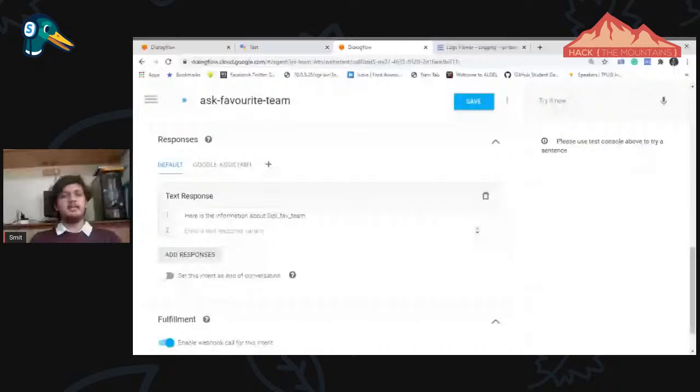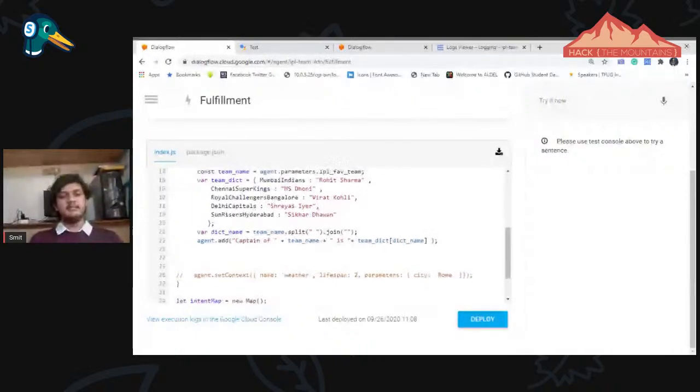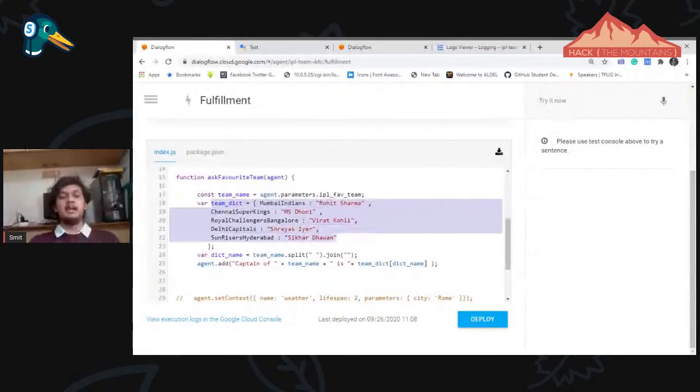It goes to Firebase, Dialogflow. It calls the ask favorite team function, and I said agent.add. The agent.add function is used to add anything to the chatbot screen response. So I said captain, and the team name is team dict. So I created a dictionary. But apart from this, this is static, but you can call the database here. You will store your data in the database, and you will call the functions from that, like you get the data